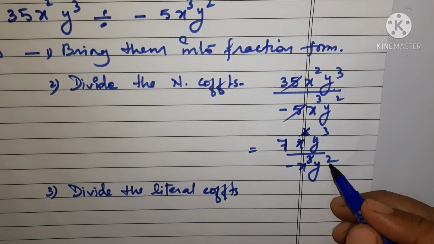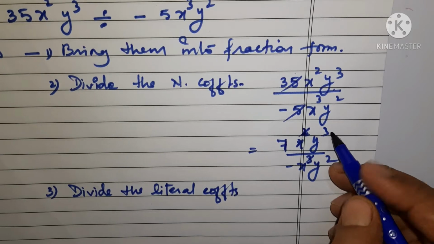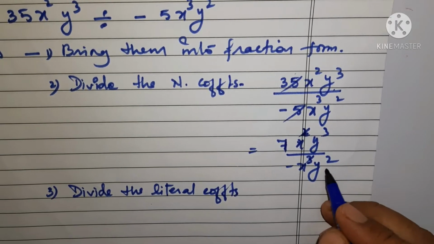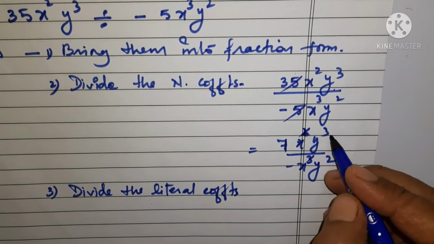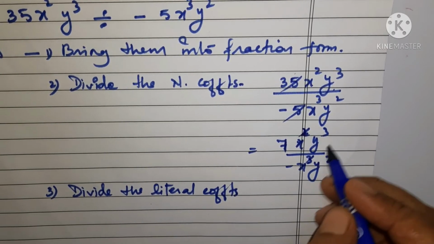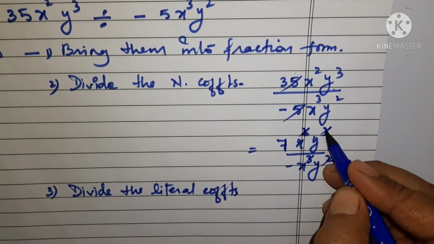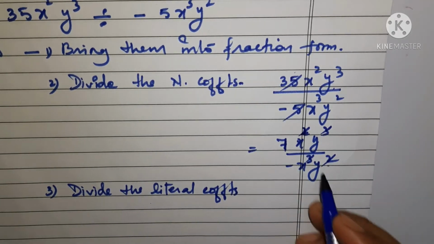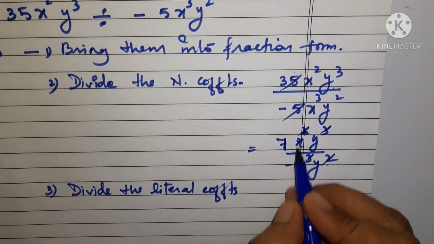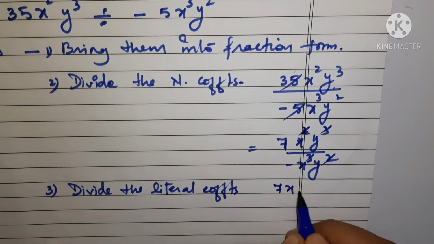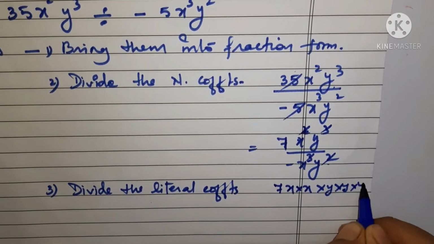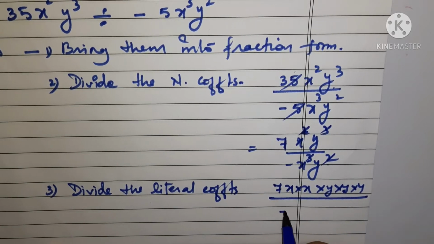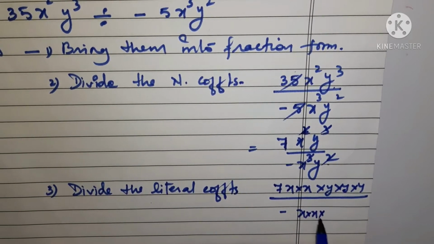यहाँ इस केस में क्या हो रहा है, यहाँ y square है, यहाँ y cube है, इसका मतलब y square, it means 2 of the y's are cancelling out with 2 of the y's in this. यानी कि इसमें से 2 निकलकर यहाँ से कैंसिल हो जा रहे हैं। अगर हम इसको ओपन करके लिखते हैं तो कैसे लिख सकते हैं, 7x into x into y into y into y, और यहाँ नीचे क्या है, x into x